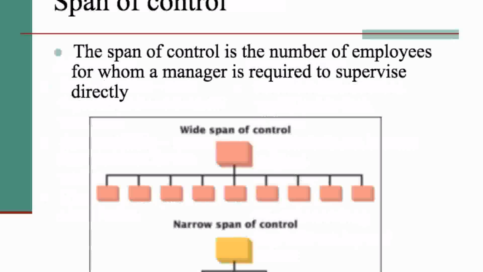So when we consider the span of control, the definition that you can record is the number of employees for whom a manager is required to supervise directly. So it's who do you have overall responsibility for. And there's 2 clear